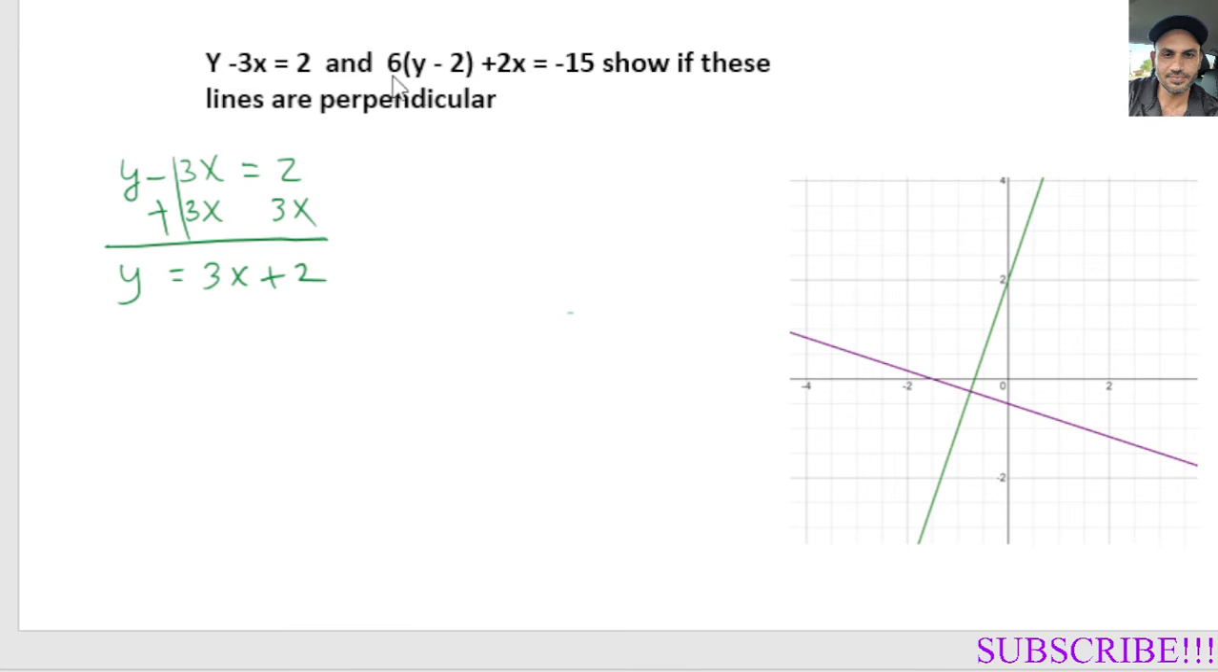Now the second line, we have to simplify that one as well. So we have 6 in parentheses, y minus 2, plus 2x equals negative 15. So we go ahead and solve this one. We distribute the 6 inside, so it becomes 6y minus 12. It multiplies with the terms inside. 6 times y is 6y, and 6 times negative 2 is negative 12, plus 2x